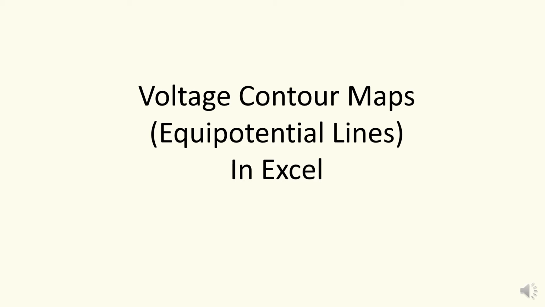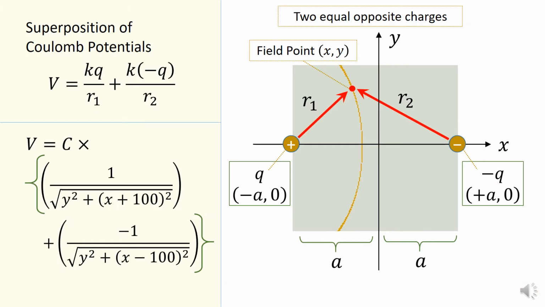Voltage contour maps, or equipotential lines, using Excel. This example shows two equal and opposite charges spaced out on the x-axis. We have a plus q at the point minus a, 0, and a charge minus q at plus a, 0. Now a will be 100 when we work in Excel, but the general field point, x, y, is also shown,